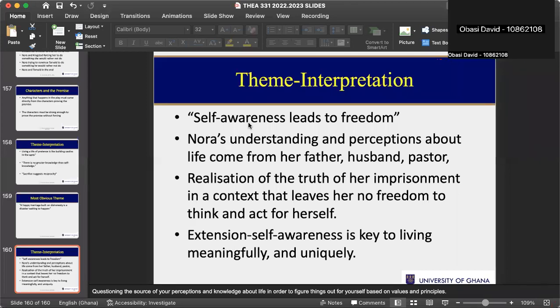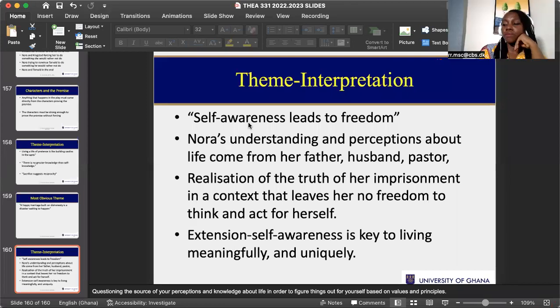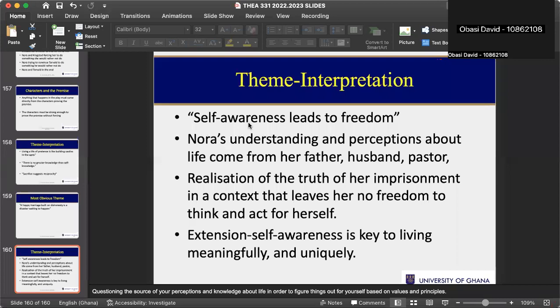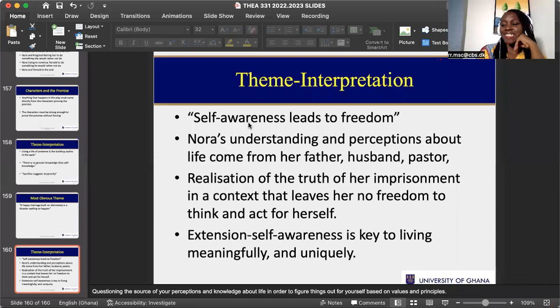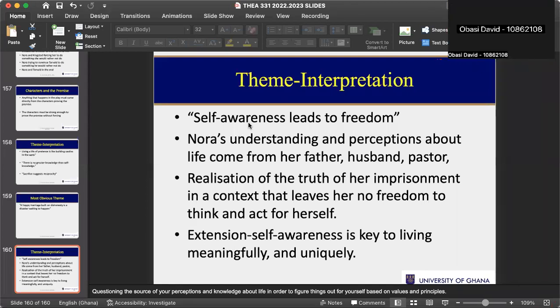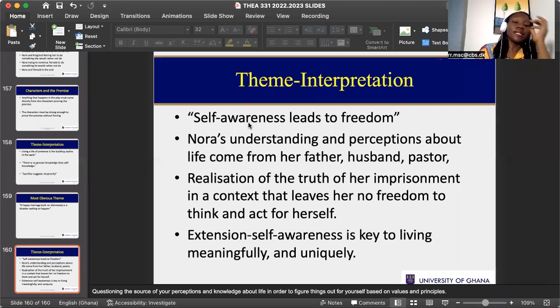Like the miracle she was expecting was she expected Torvald to pay her back in kind for trying to save her life. So the miracle, how will I say it? She expected that he would not be too annoyed, or would rather trade his honor for love. That's it. That's it. Well done, David.